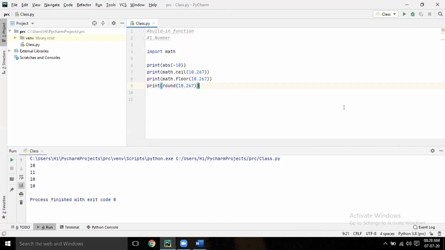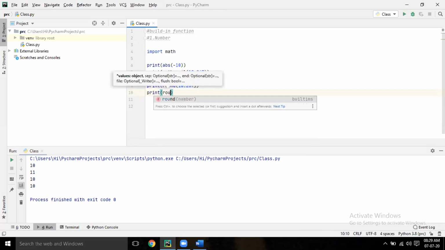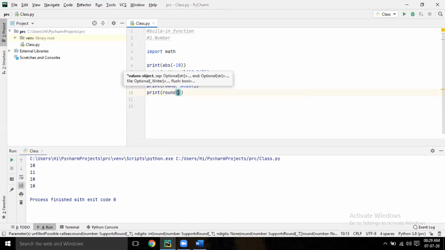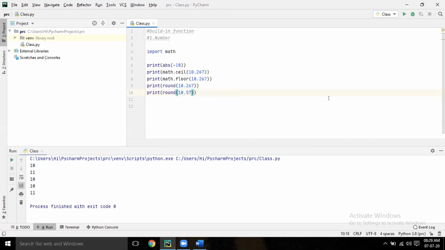You know the round concept, right? If it is smaller than 0.5, it will give the lower one, and if it is greater than or equal to 0.5, it will give the higher one. Now print round of 10.9, and run it.